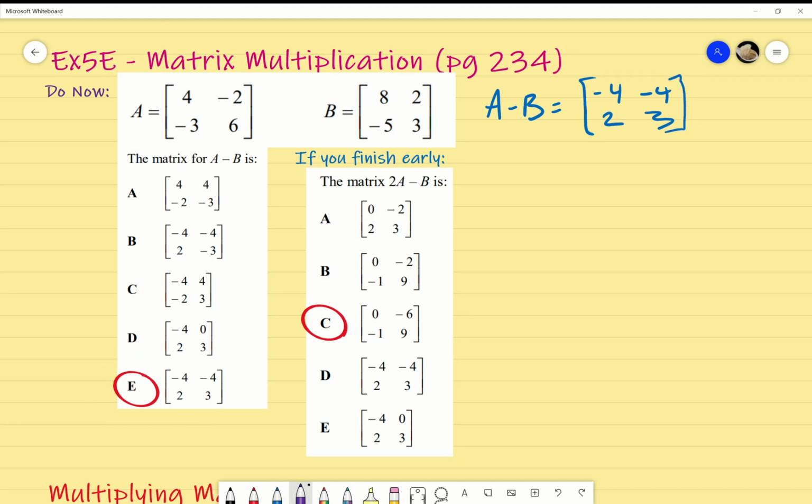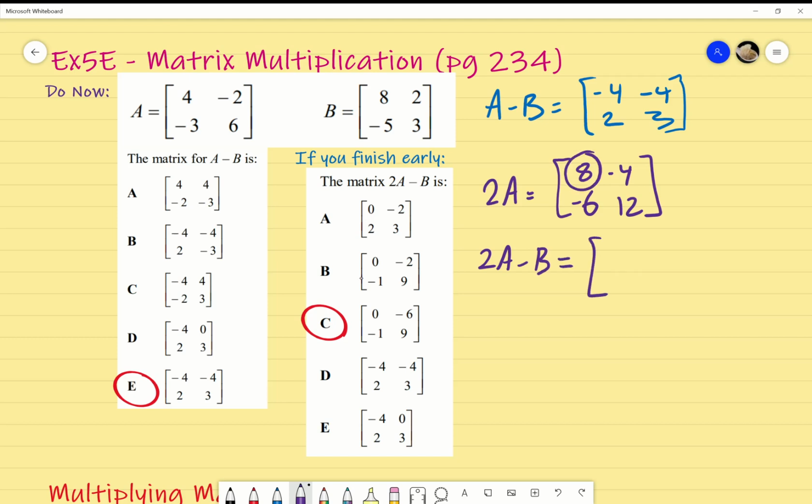Question 2, very similar. All you need to do is multiply the matrix A by 2 first, and then we solve it from there. So matrix A, if we find 2A, I'm going to multiply every element by 2. So it's 4 times 2, negative 2 times 2, negative 3 times 2, and 6 times 2. And then we're going to subtract them, so 2A minus B equals